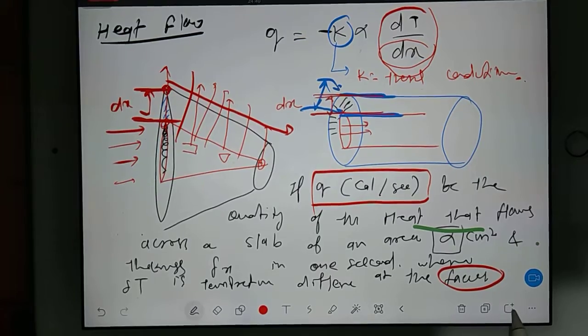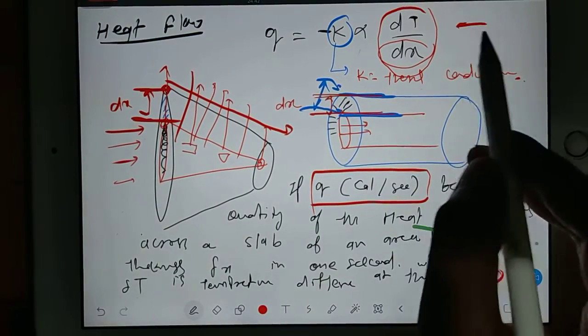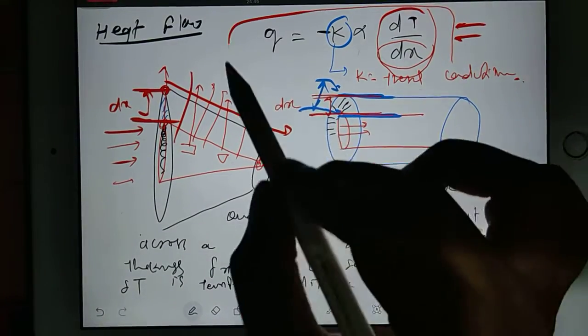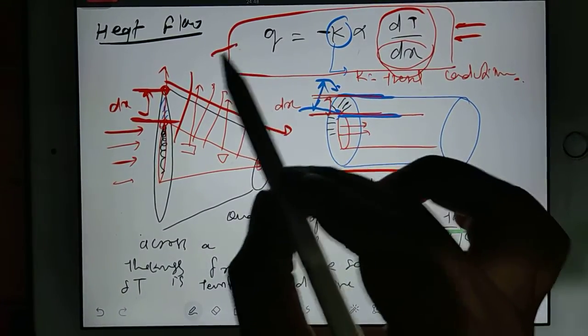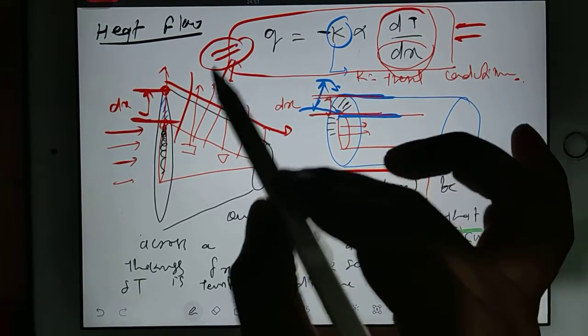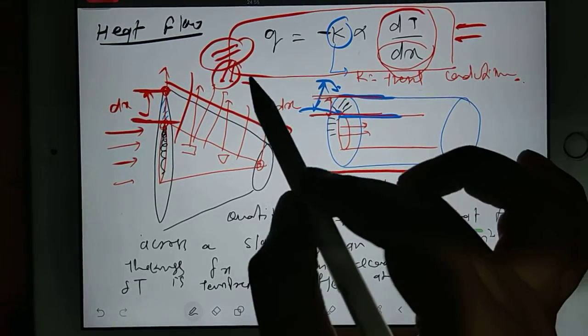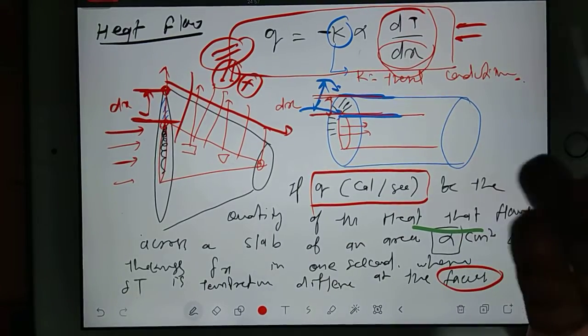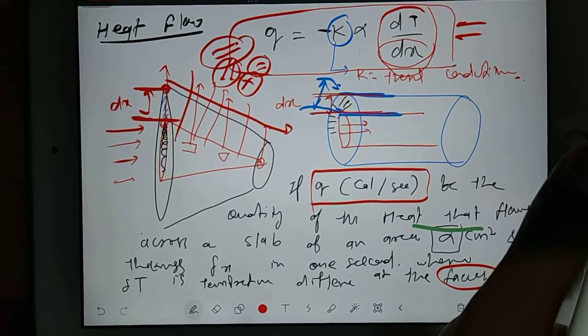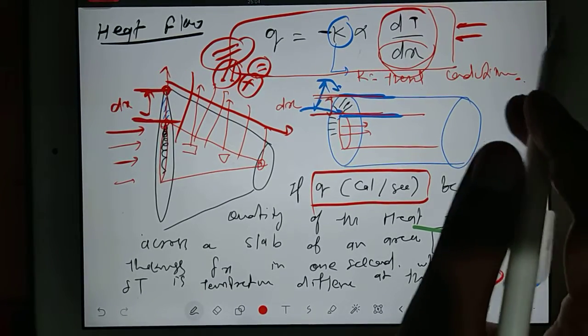I will change the page. With the help of this formula we can solve the equation. The condition is the same. See, this is a differential equation. First of all, keep in mind any differential equation is not the general equation. You have to solve the differential equation, then you will get a general solution, but that solution will be different for a particular problem. So you should have the initial value or boundary value data, then only we can get the exact answer.